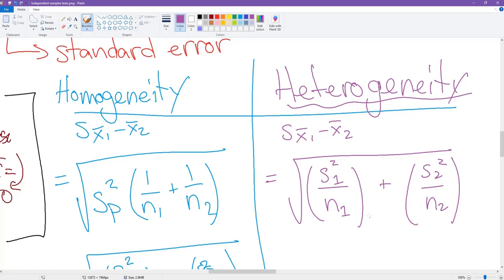Why do we do it like this? Well, we already know that we have heterogeneity of variance, so why would we ever want to pool the variances when we believe that the variance in the two populations are different? We're already accounting for the fact that we're going to have our degrees of freedom adjusted, but this is further adjusting our denominator so that if one of our variances in particular is incredibly large, it makes it harder for us to reject the null hypothesis,